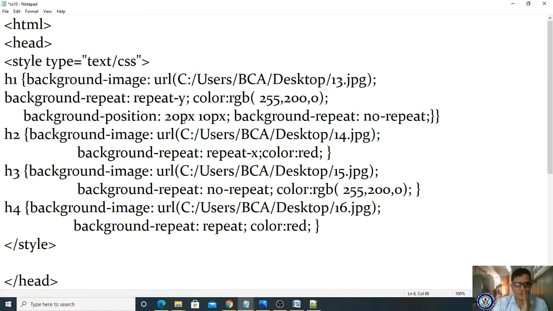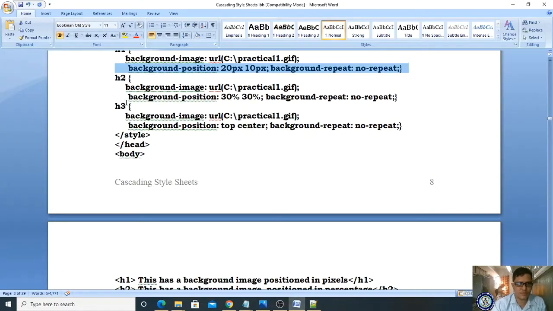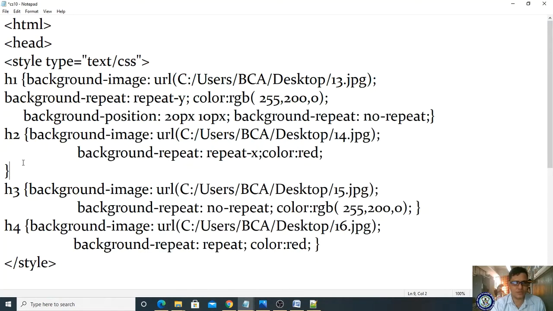First it is pixels, x and y coordinates, height and width, right? Next in the second one, I am copying the same background positions and pasting here.